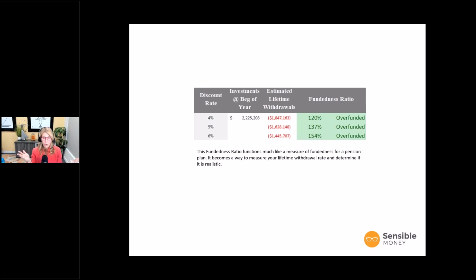Wade Pfau did a whole paper on this. It's on Advisor Perspectives. I can't remember what it's called, but he basically said it's something like time segmentation and bond ladders, are these a superior strategy. So if you Googled Wade Pfau and time segmentation portfolios, you're probably going to find this article. And it did seem to show that these bond ladders following a particular process, at least in his research, had a higher probability of success over time.